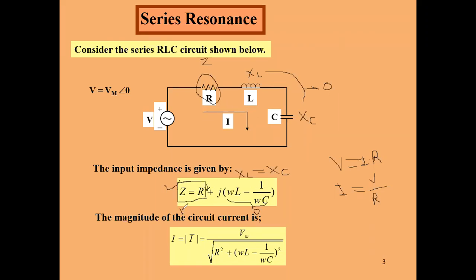Because here these two terms, j omega L minus 1 by omega C, are equal to 0. If it is a non-zero value, then it gets added. So at resonance, the reactance is 0 and R is very less, so always remember that the value of current is maximum at resonance, because the resistance of the circuit becomes minimum.